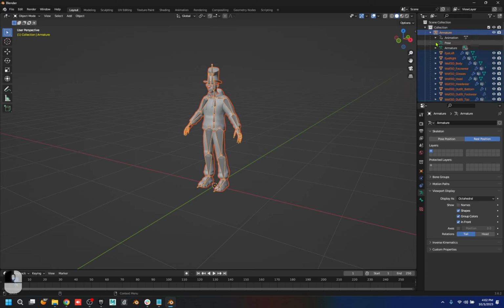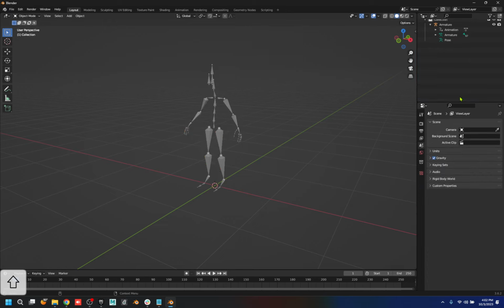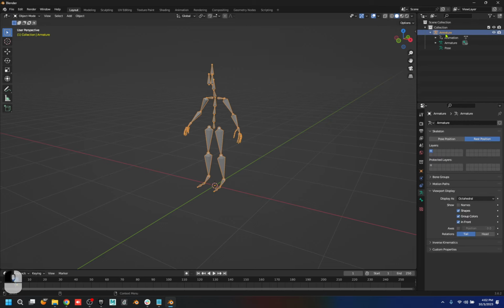So this is my little hack to save some time. I don't care about my meshes. I just need to keep track of where my assets are, right? So if we go back to our armature and go to rest pose, we want the current pose position to be the rest pose because that's how it retargets on the rest pose. So I'm going to say pose position, and then up here,